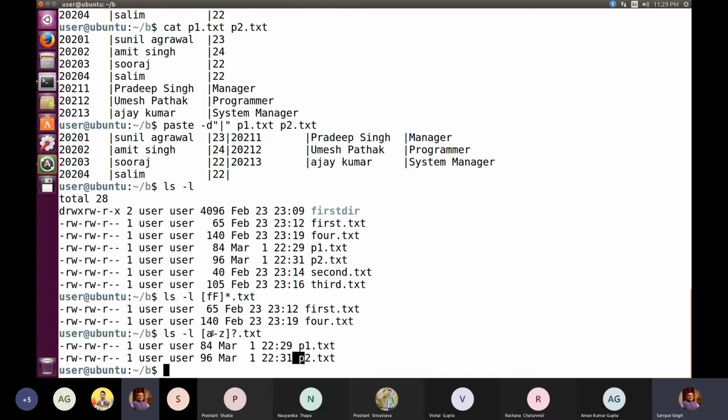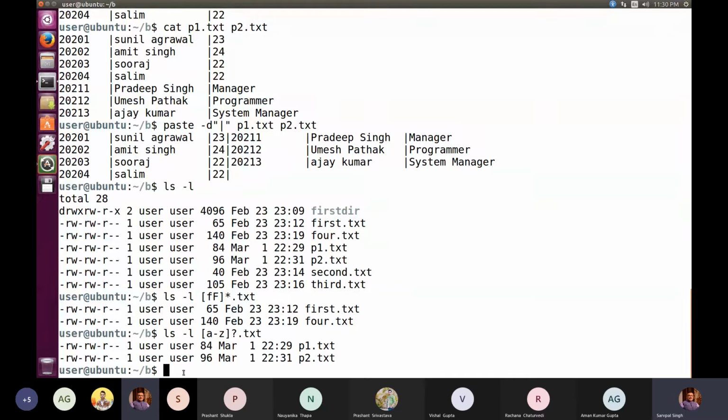Why? Because of this square bracket we have given the range, so A will be selected, and then next is the question mark, which means any character, so AB, and after that .txt. And here too it is p1.txt, because this 1 or this 2 comes from the second question mark, and the first character should essentially be an alphabet in the range of A to Z, including A and Z. So this also has a specific meaning to the shell, and that is why it also falls in the category of meta characters.